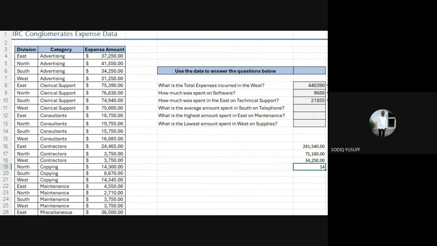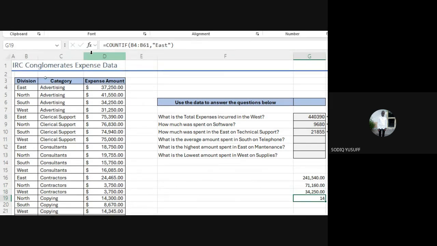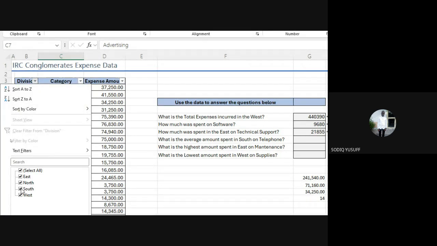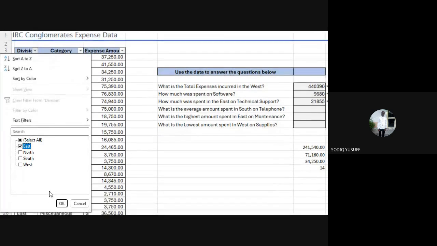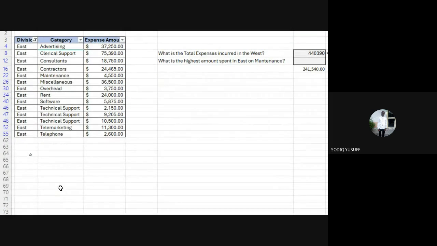That is, we have 14 expenses. We have 14 expenses that were done in the East. 14 expenses were carried out in the East. Okay, East is loading. Like I said, I've filtered down to only East now.